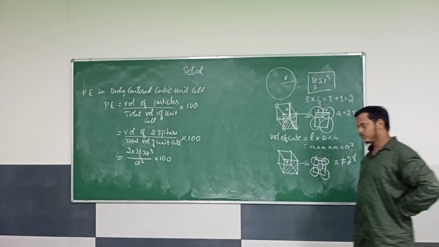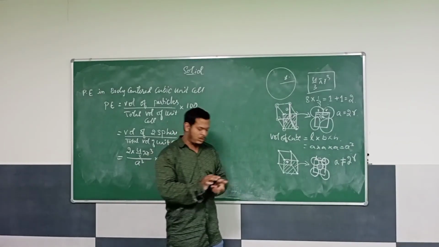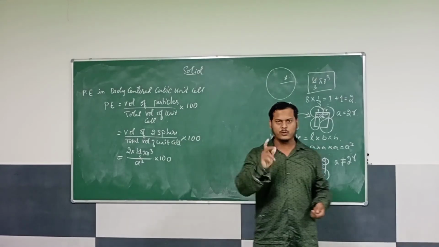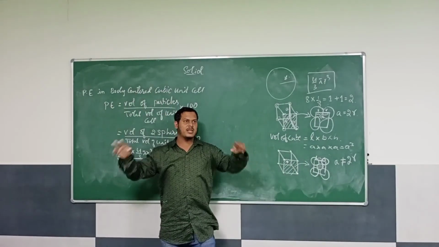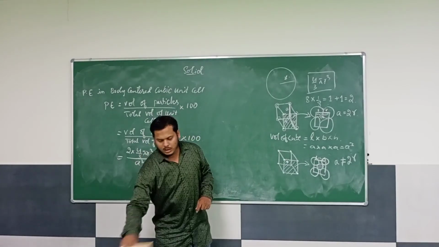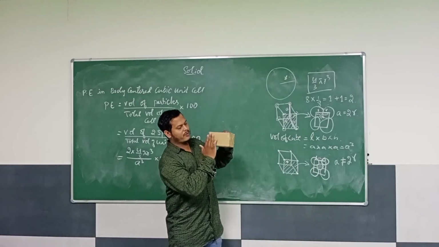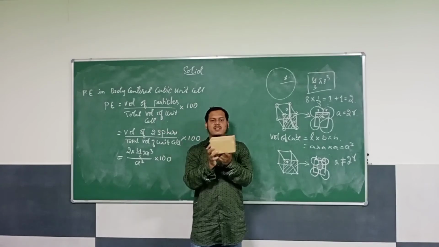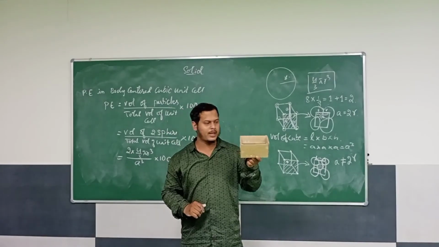So what to do now? In order to solve this one, I will take two things. One is face diagonal, the other one is body diagonal. First we should learn this. What is the body diagonal? So imagine this is a hall, right? This classroom is exactly cube like. And I told you to imagine this as a cube. So this is one face, this is another face. So totally 6 faces I have. 1, 2, 3, 4, 5, and top one 6 faces totally, right?